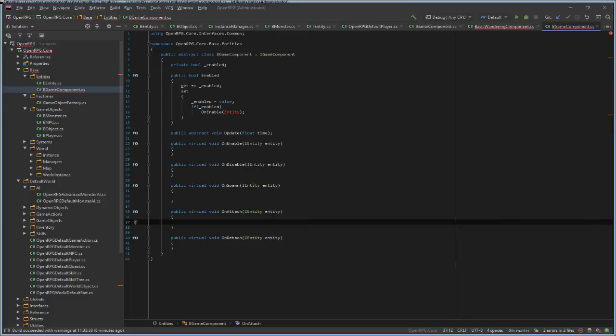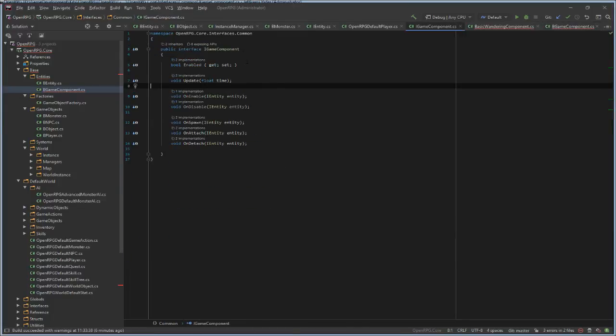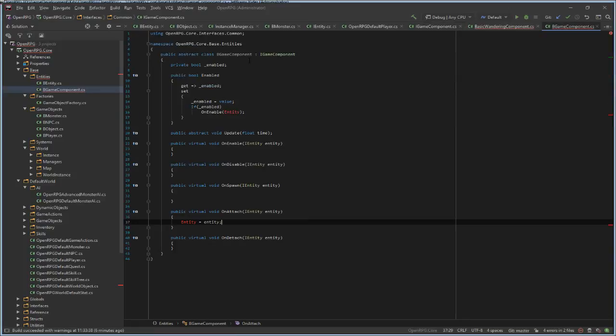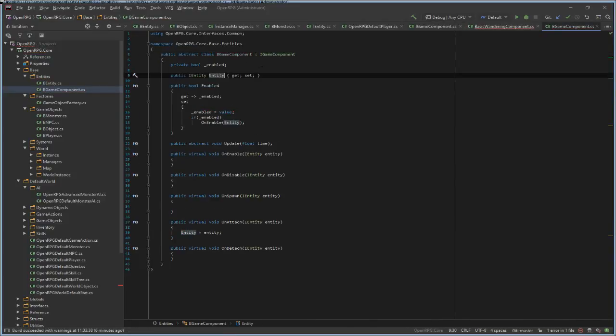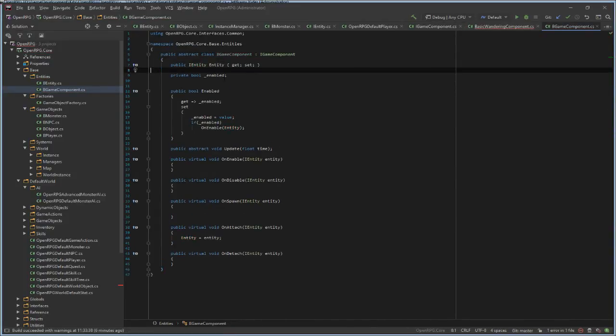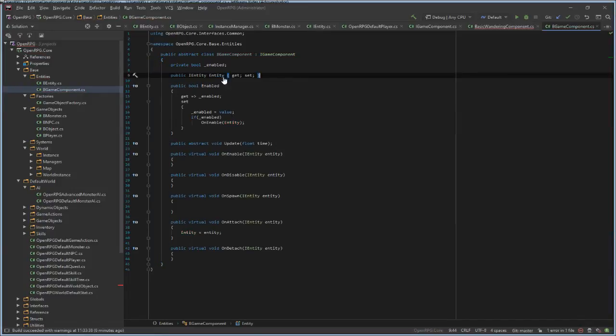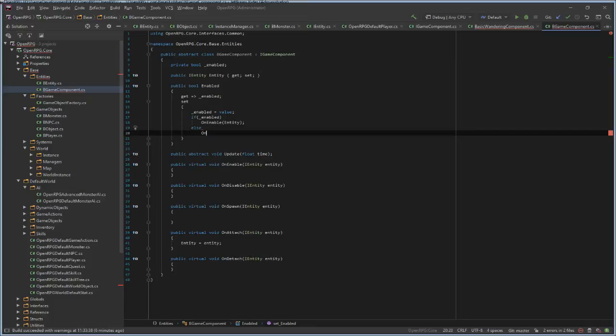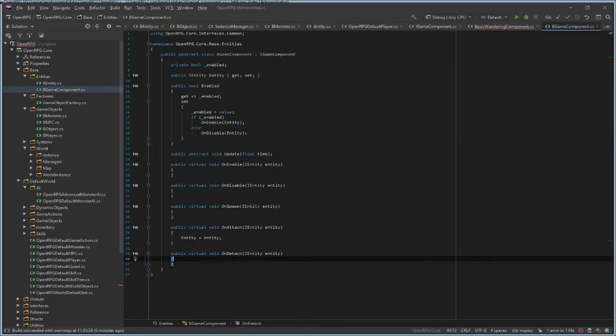I have to do it like this. Entity, get set. Oh, this will be here. So if enabled, else on disable, and pass on the entity. On detach, entity equals null.